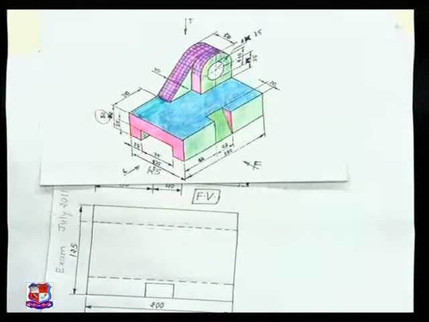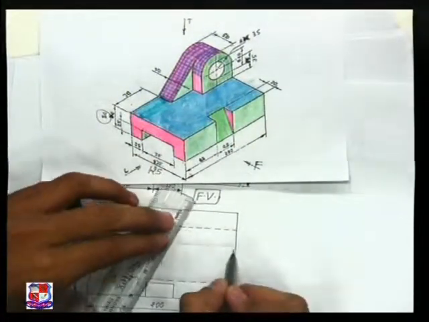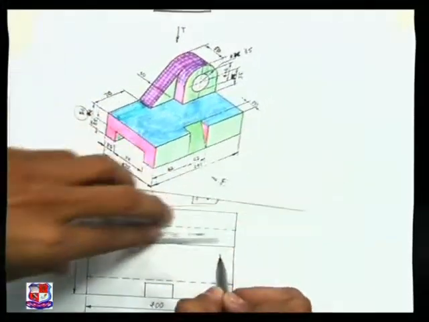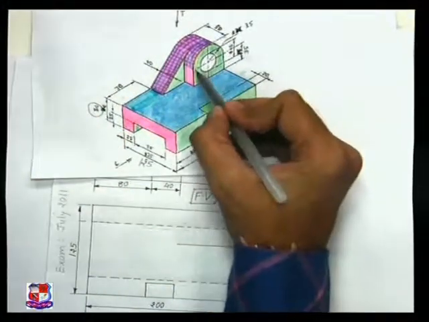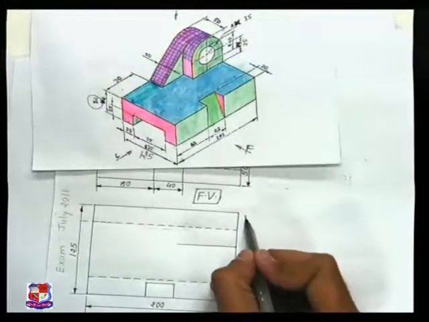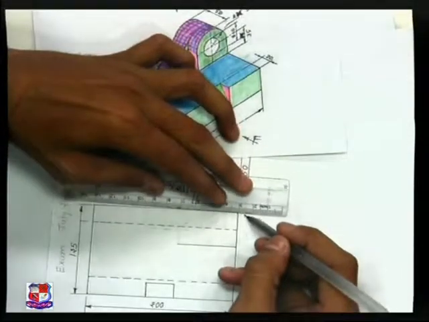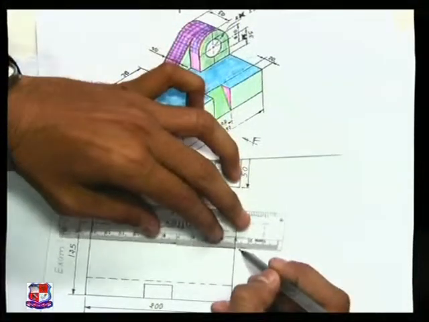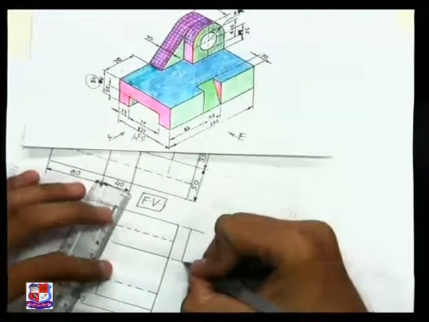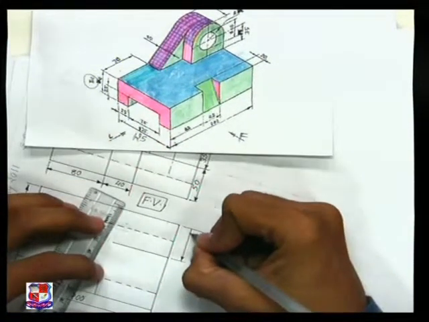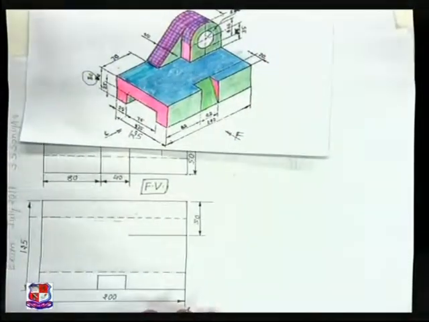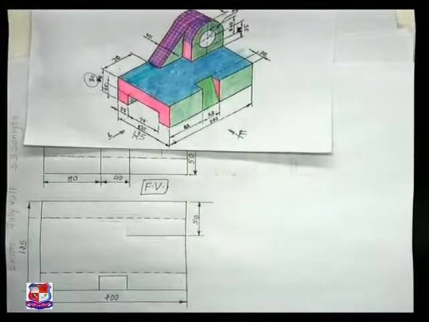So at a distance of 50 mm over here, mark a point like this, and its width would be equal to the diameter of this arc, meaning this length. So at a distance of 50 mm from this edge, draw a line. So it would appear like this. This height is 50 mm. So insert the dimension 50 like this, and from here the axis